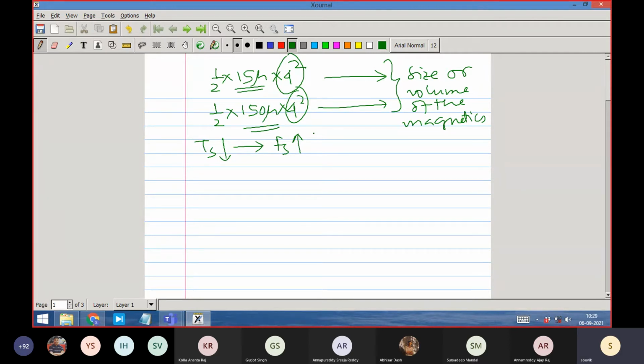Okay, this is what I'm talking about for the inductor. We'll see that a similar thing comes in the case of the capacitor as well. So let us see how it comes in the case of the capacitor. That's why we insist that you increase the frequency. But you may say, sir, then what is limiting you? You can go to any frequency.